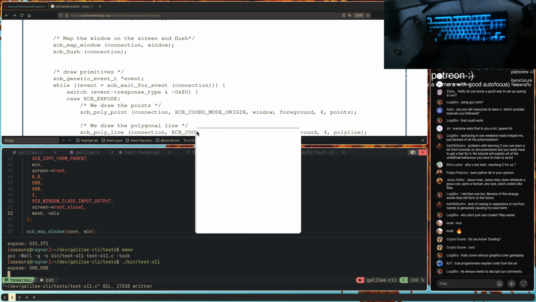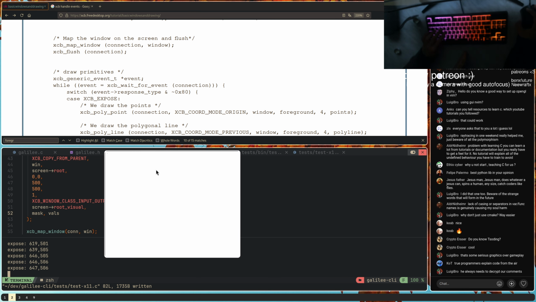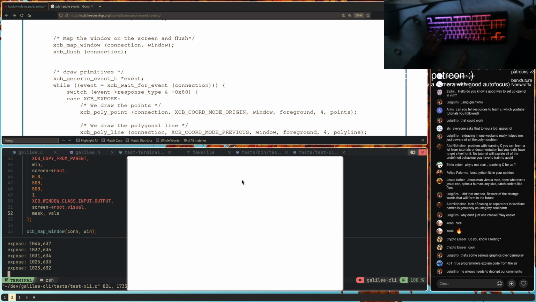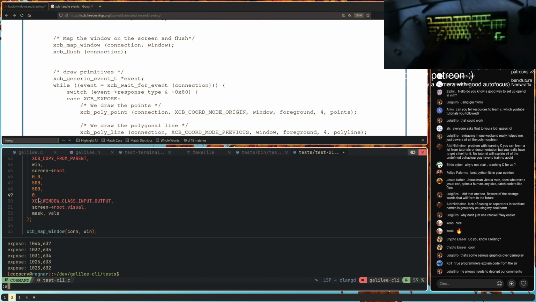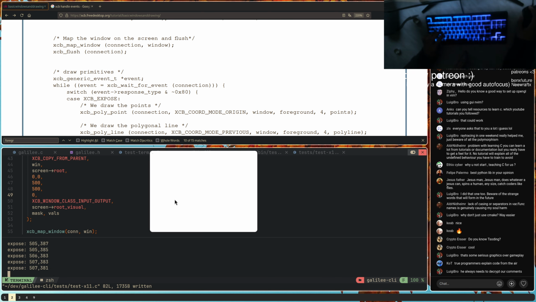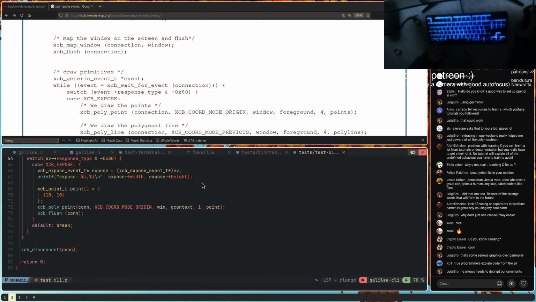Okay, now it's white, and as you can see, look at that. It just filled in the thing. Right? But why is there some kind of scuffed border around it? Is it maybe because we have 1 pixel of border? Yes. Oh my god. Okay. That's kind of cool, right? So now what we can do is implement a renderer for